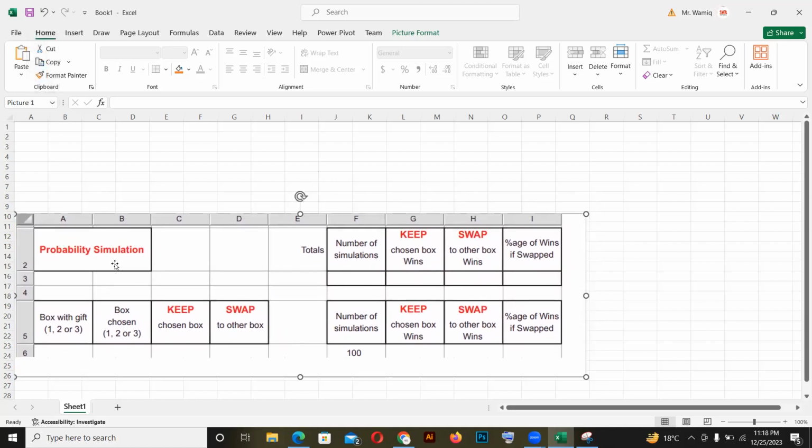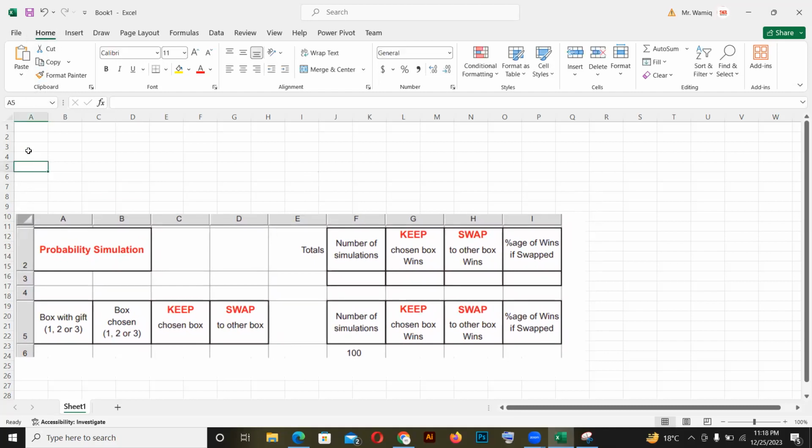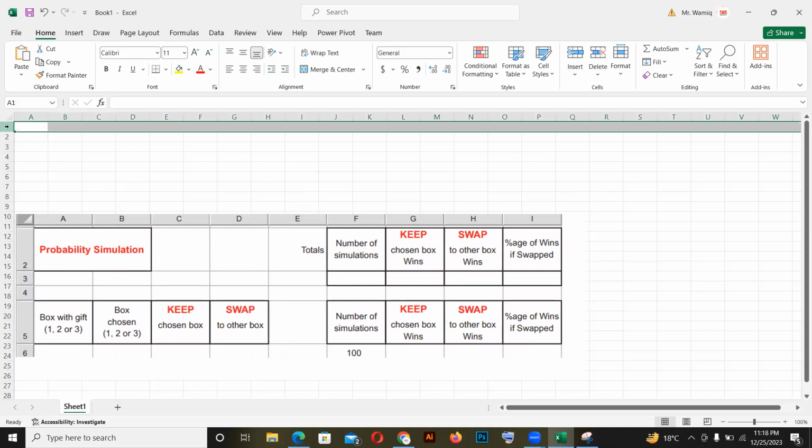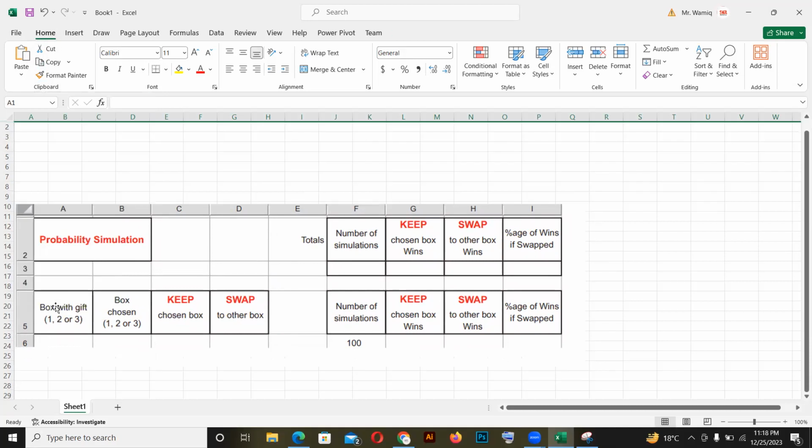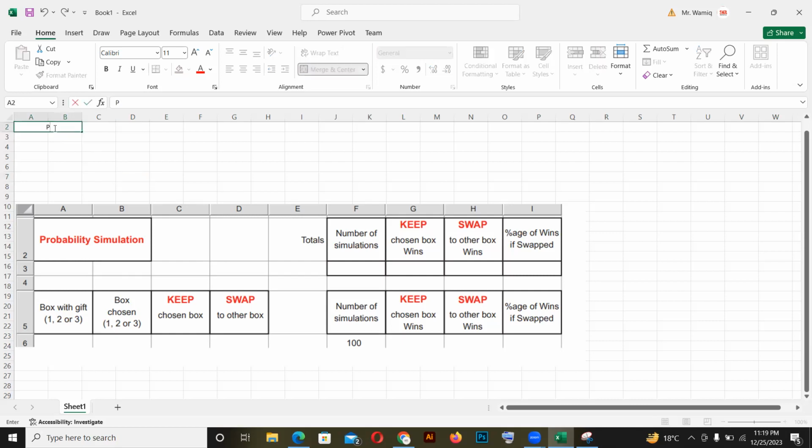First of all, you need to see that if I start from here, I have no number one. That means number one is not a part of this. So you have to go on number one, right click, and then hide it. Now in columns A and B, you need to merge and center. Merge this, and now you can write here probability